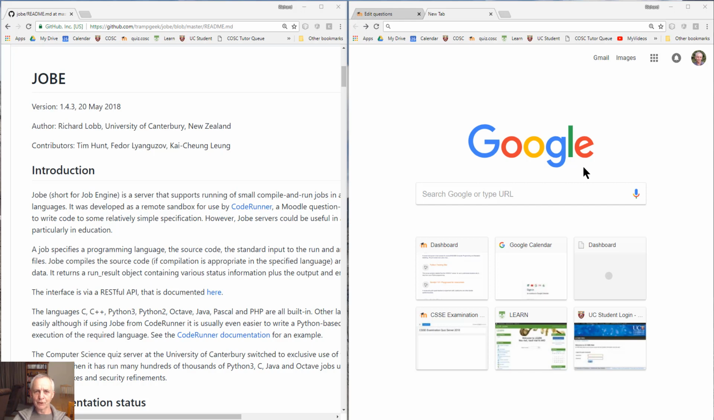One of the things you need if you're going to run the CodeRunner plugin is a thing called a Jobe server, which is the sandbox which you throw the programming jobs at, runs them, and gives you the results back. And in this video, I'm going to show you how to set one up in only about 5 minutes using